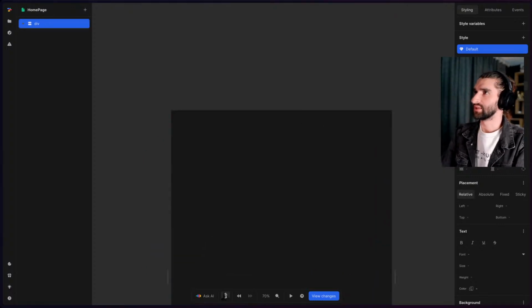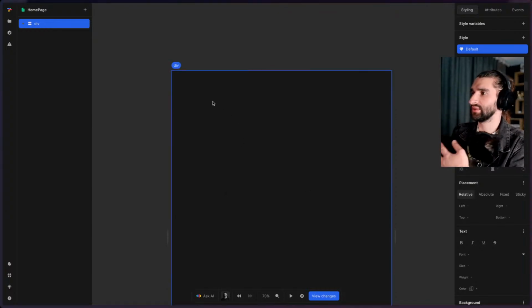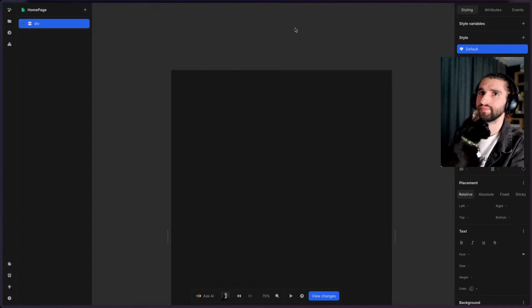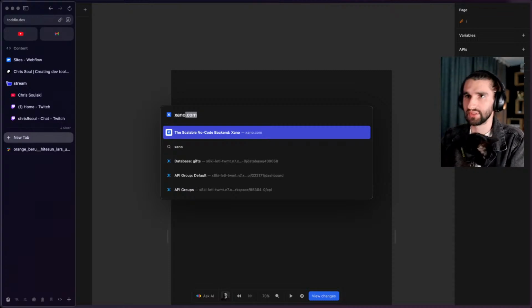Okay, let me just quickly find my design for the advent calendar. All right, groundbreaking design. Okay, so we need to add a div. We need to repeat it 25 times. We need it to be a button. And I guess we can reuse the database that we created in Xano to repeat the elements maybe. So I'm gonna actually start with the data layer. I'm gonna open Xano